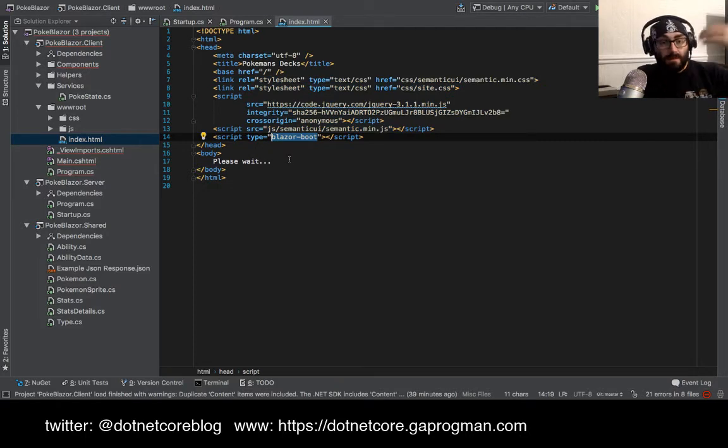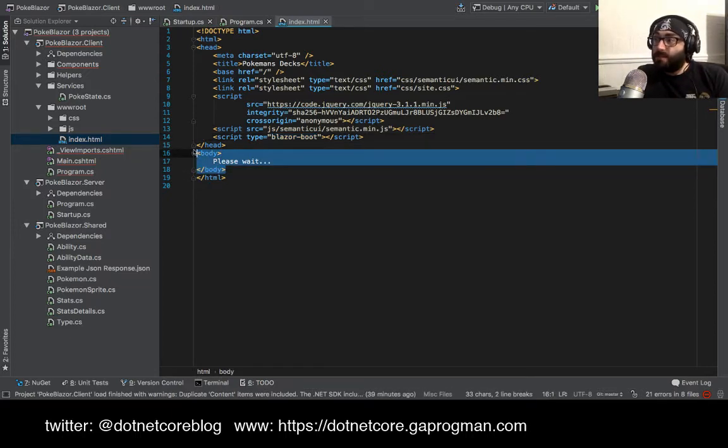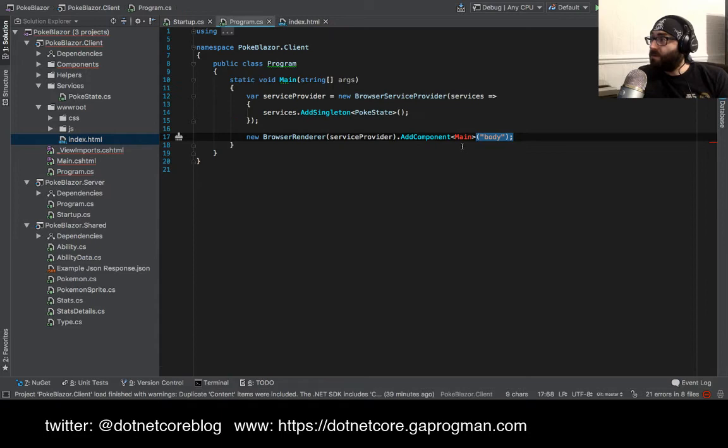That's then swapped out for Blazor.js, which loads mono.js, which loads the WebAssembly, which loads the mono environment, which then loads your compiled .NET library, right? So whilst all of that is happening, we can put anything between this open and closed body tag. As soon as that has finished, i.e. as soon as your .NET binary is loaded,